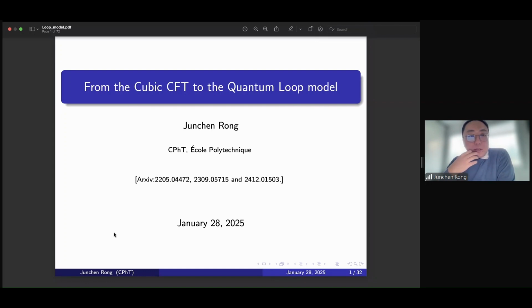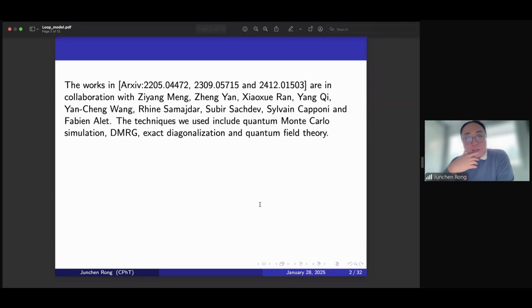I will talk about a story that connects quantum phase transition to a CFT, which is, as indicated here, the cubic CFT, based on a series of works over the years. It's actually a large collaboration with my friends. My collaborators are all listed here. We use a lot of techniques, which include quantum Monte Carlo simulation, DMRG techniques, exact diagonalization, and quantum field theory